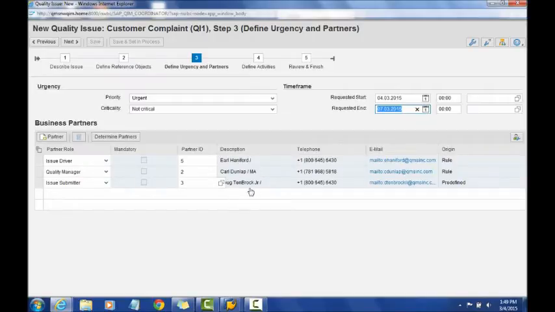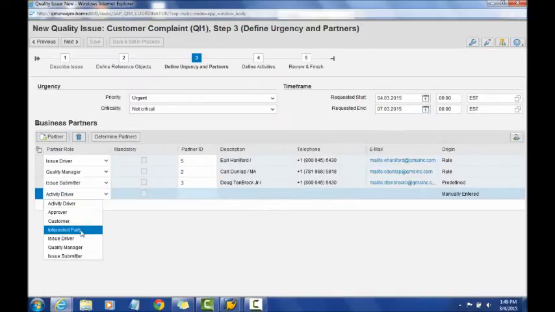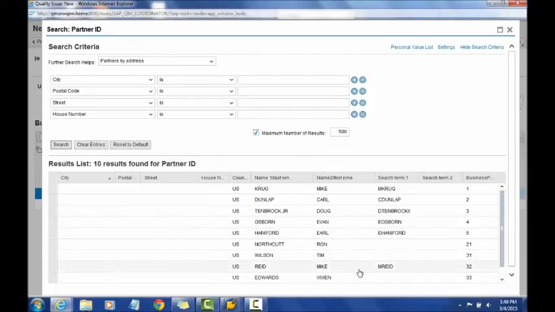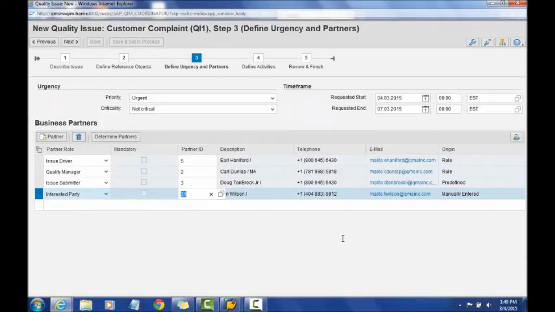And in addition to that, I can also add manually, if we would like to say yes, I want somebody as an interested party. We can run a search here and look at the different people that are available to be a part of, or at least to be notified that there is a customer complaint out there. So I'm going to pick Tim, and now we've added him as well to the other business partners that we specifically had in there to begin with. I'm going to go ahead and select the activities,